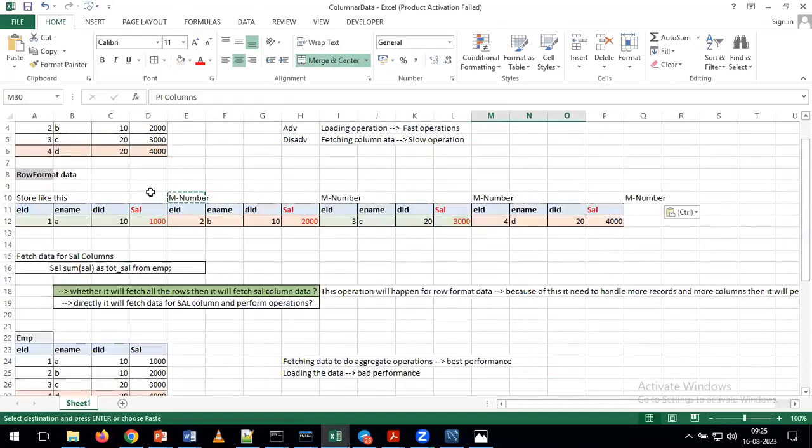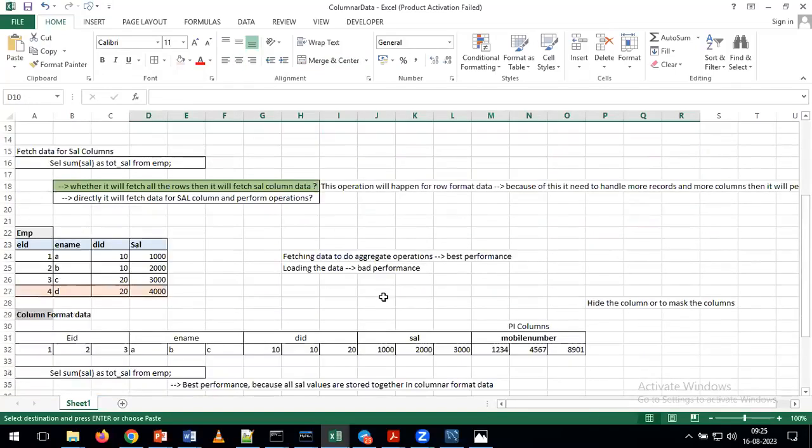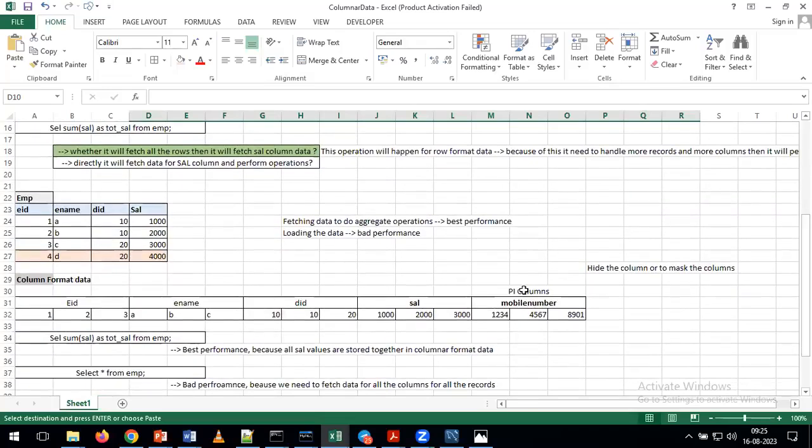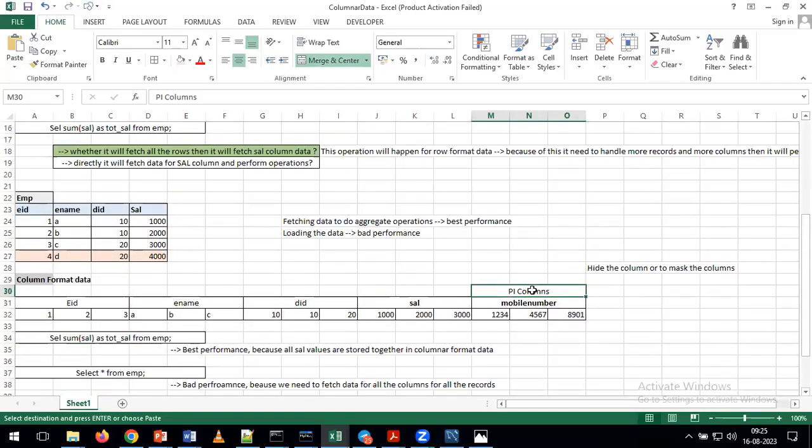Yeah, it is clear. So storage wise, it is going to be logically like that only. Yes, exactly. Storage wise, it is going to be the same way. Part of the discussion on storage, either in column format or row format, whatever we discuss, it is following the same way. But when you want to apply security on top of any specific columns, like mobile number,